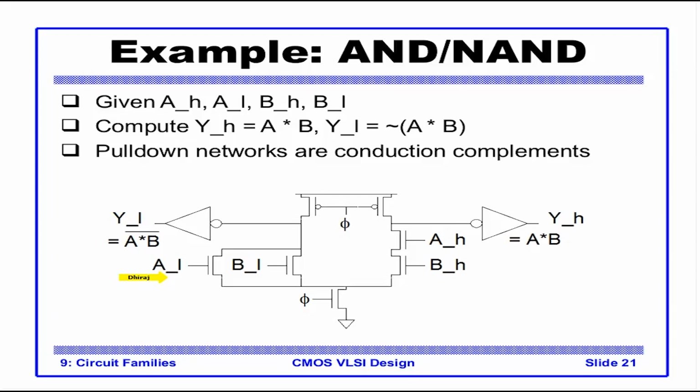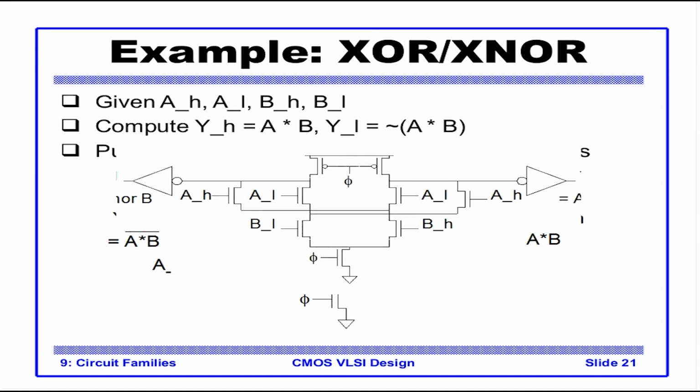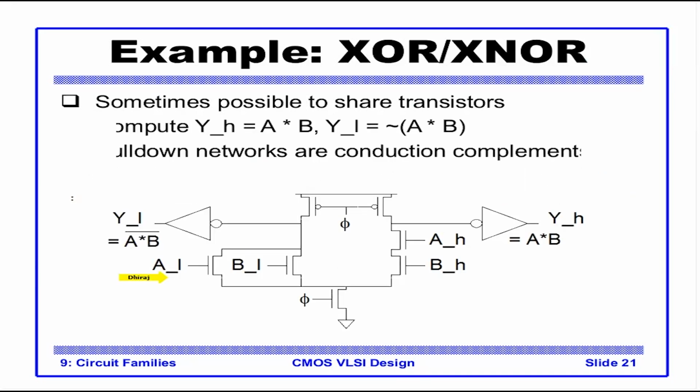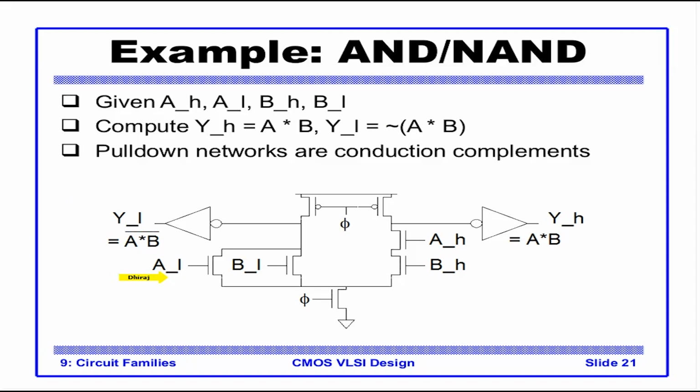But then circuits are again designed for optimization, realizing the fact that you have two outputs available which are complements, and you correspondingly optimize the design in such a way. This is a very interesting circuit of XOR and XNOR. Now what you could do is first draw a circuit just like AND and NAND. A two input AND needs two transistors in the pull down network for one function. The other one also needs two. So you would assume that